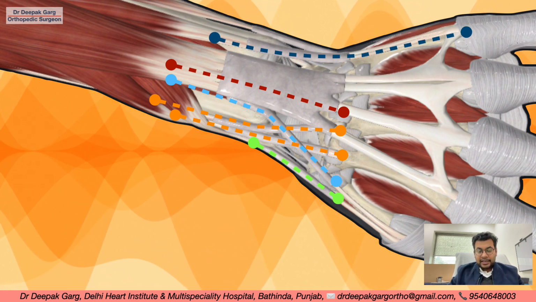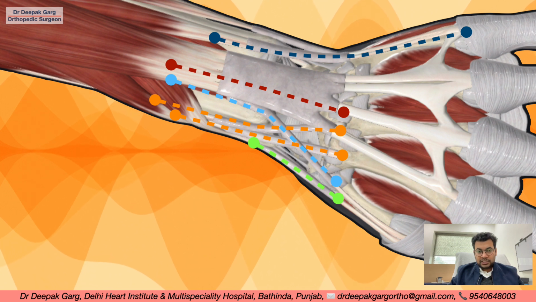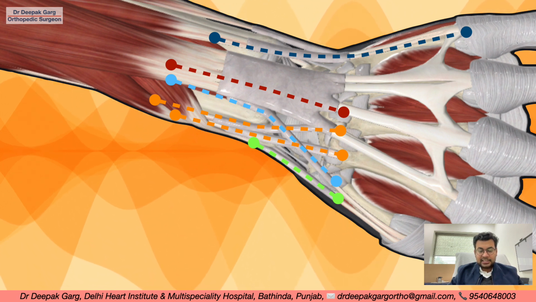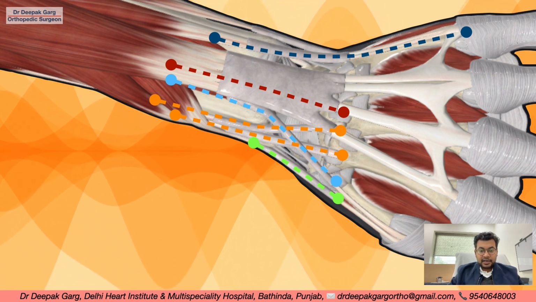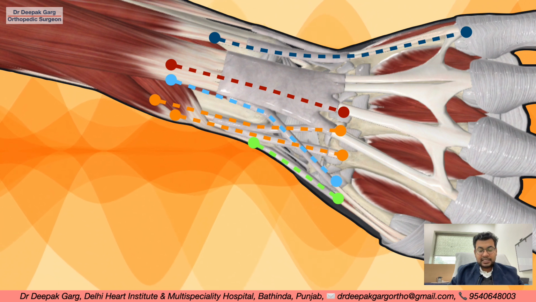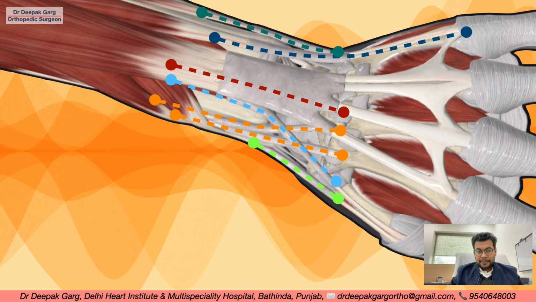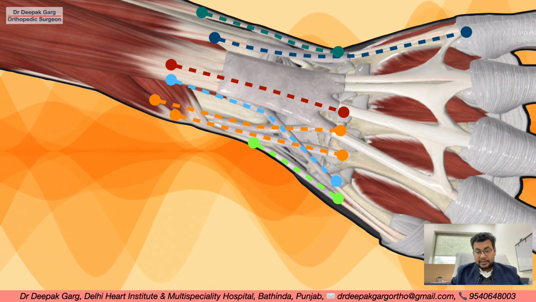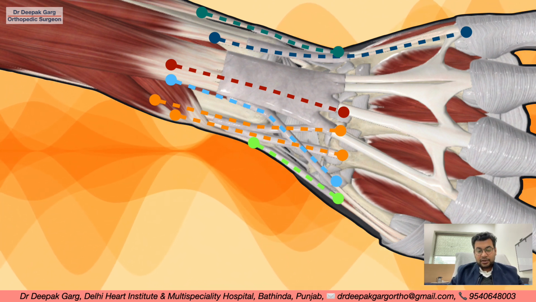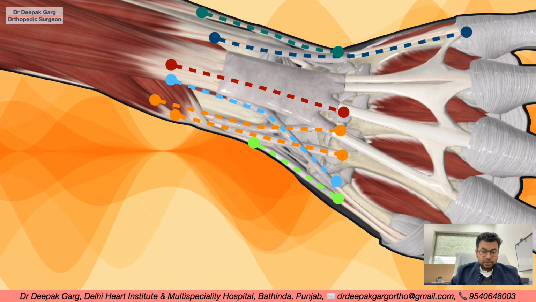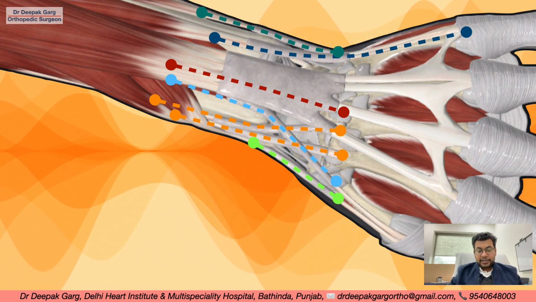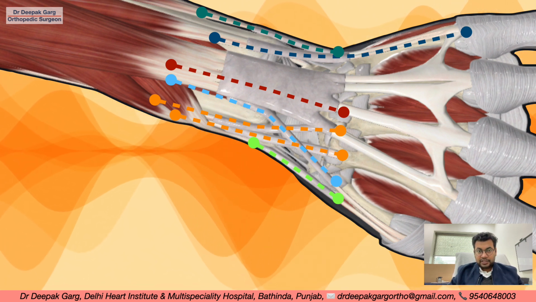So if we go ulnar to the extensor digitorum, we can see that this tendon is going to the little finger, so this is extensor digiti minimi, that is compartment number 5. And similarly, this is a tendon which is ending at the metacarpal level, so this is a tendon of extensor carpi ulnaris.